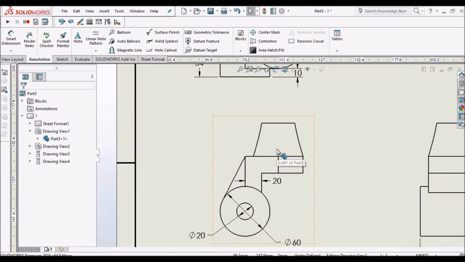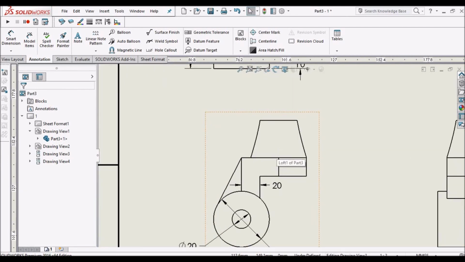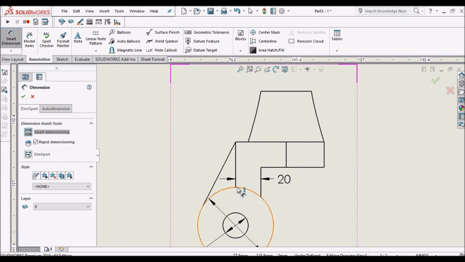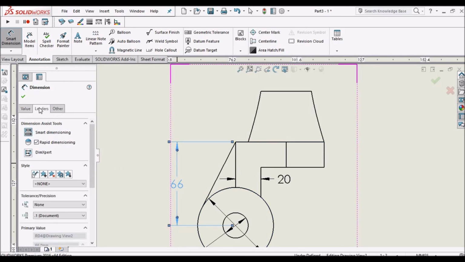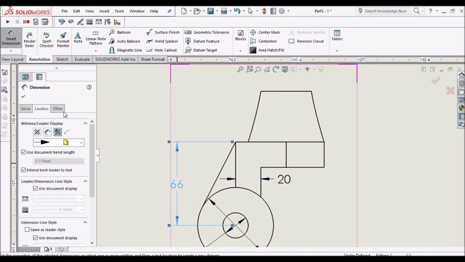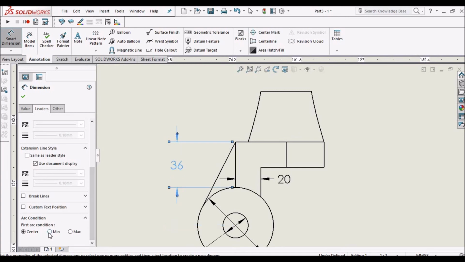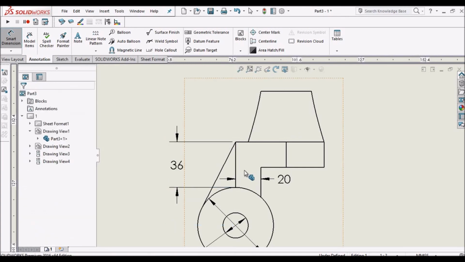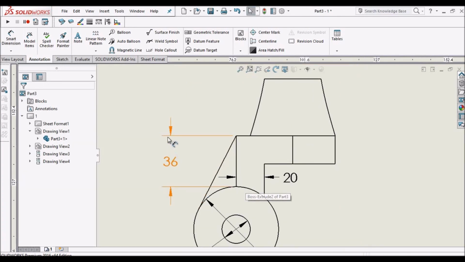Next, distance between this edge and tangent surface is 36.